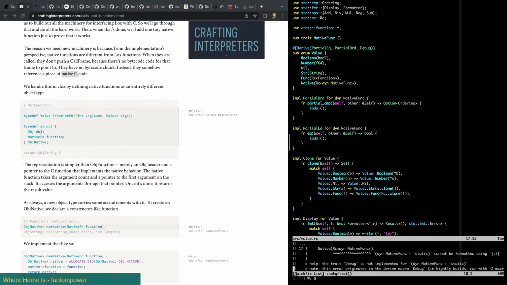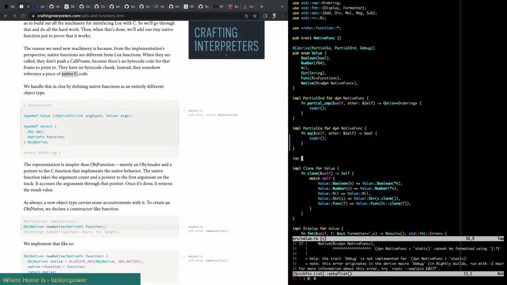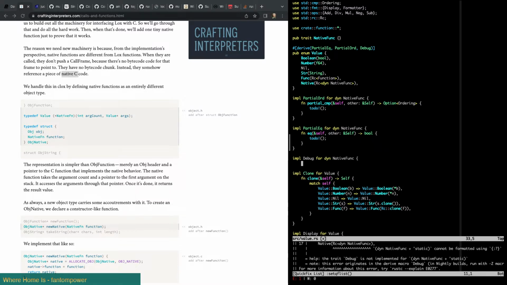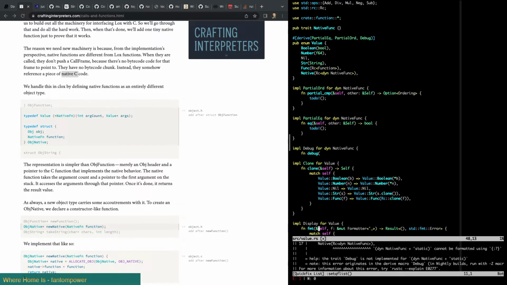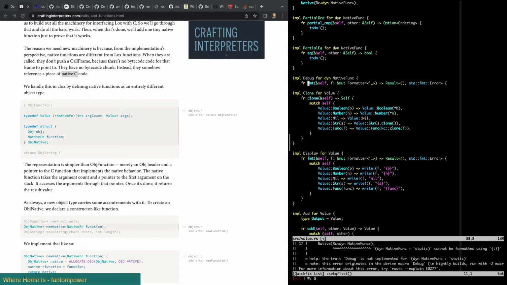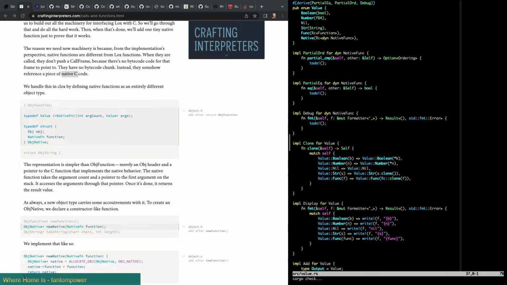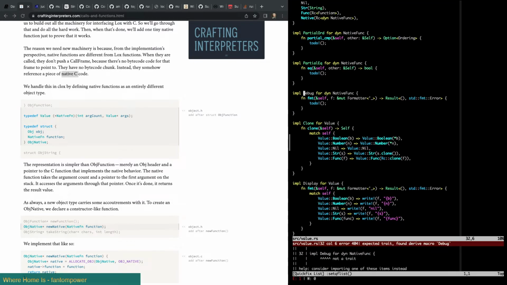Okay, so the only thing left is Debug. Will this really work? I didn't think I could do this. impl Debug for dyn NativeFunc. And this takes the writer and everything, right? Just like Display here. Let's just copy that. Is it fmt or debug? todo. Okay, let's see if this... Debug is not a trait. Sure it is. std fmt Debug.